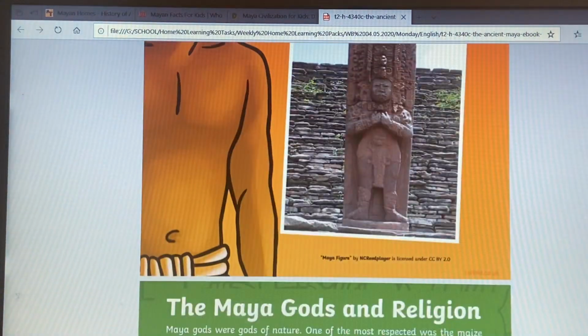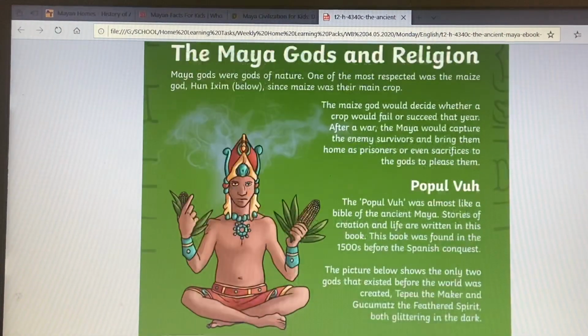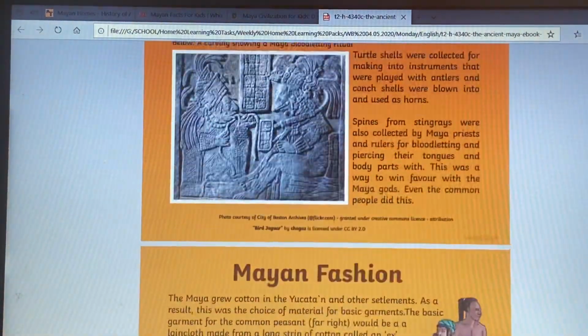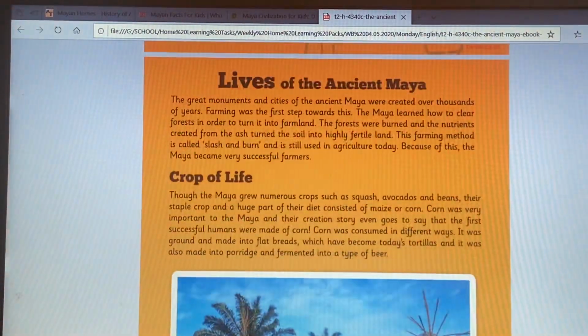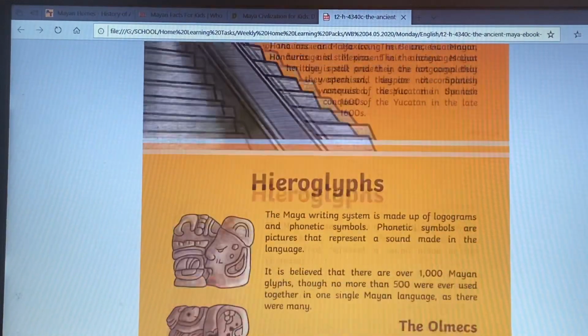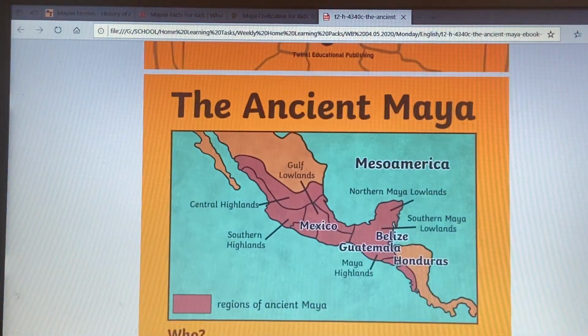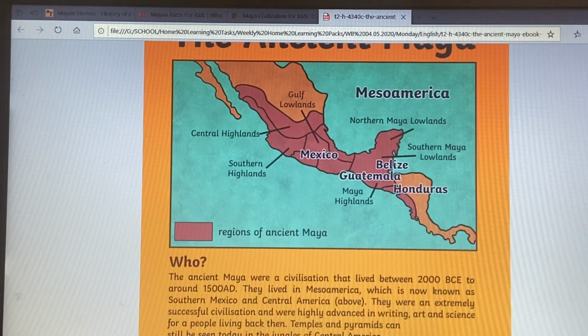What did they look like? And on topics that you've probably already read about, such as the gods and their religion. You also have some facts on their writing,